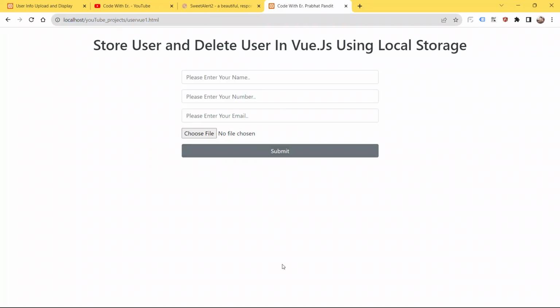So guys, now we are gonna write the logic, we are gonna write the script that whenever a user is going to fill all the details, and the moment he will hit the button submit, it should also store into the local storage all the details, all the information. And at the same time guys, we will also show the user the details they have entered into the form, into the input field. Okay, so guys, now I'm gonna write the code for it. Let me just go to the code editor.